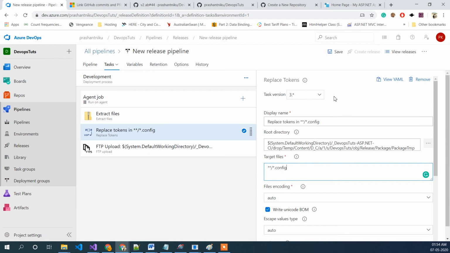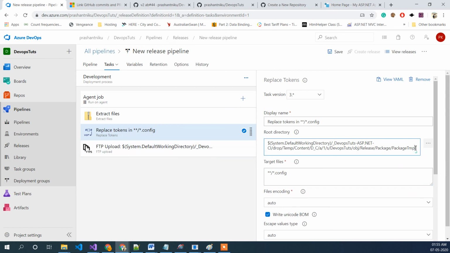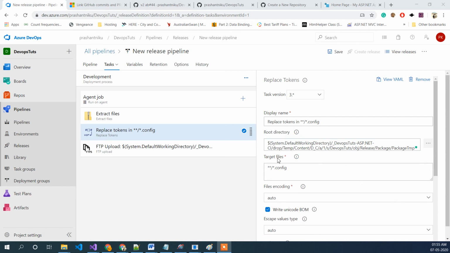In this step we are extracting it. In this step, replace tokens, it will go to this path and look for any file which says something like config, like in our case web.config. It will read that file, and if it finds any token in it, it will replace it with the variable which we have defined.